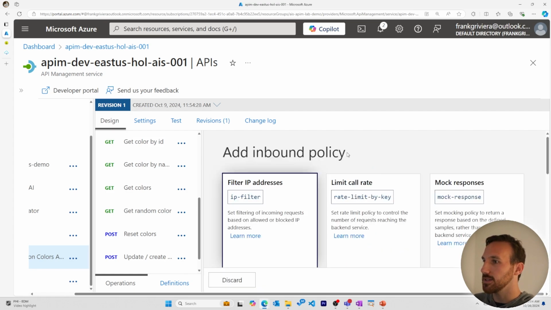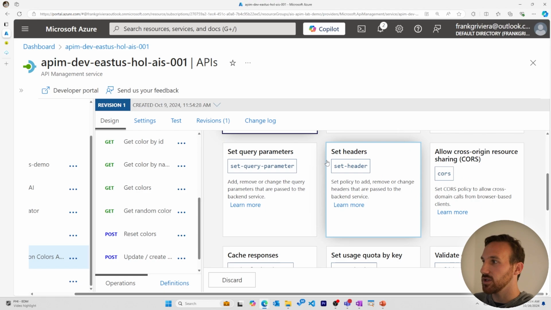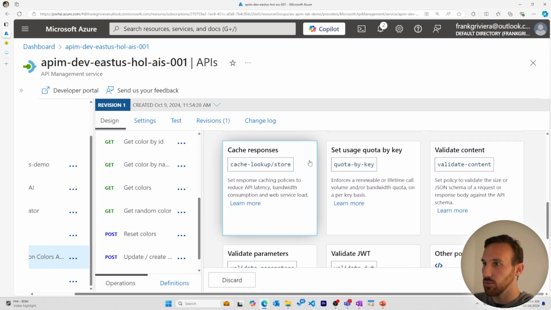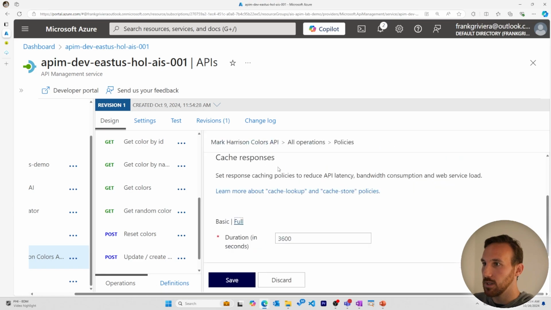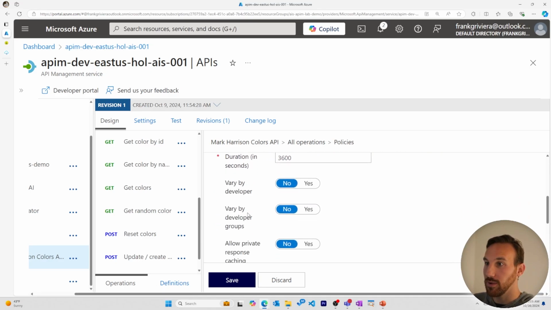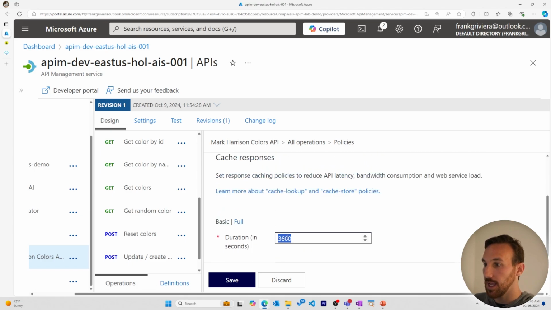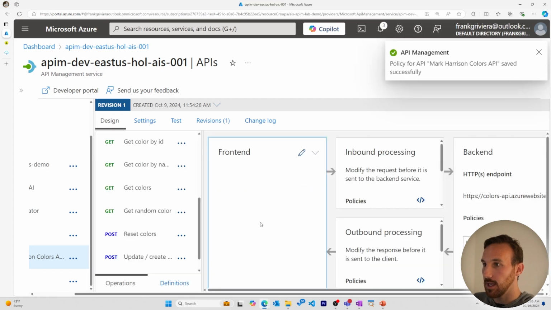I'll click add policy, and I'll see a list of different types of inbound policies I can add. I want to add a cache response policy. When adding the caching policy, I have the option to just add how many seconds I want the response to be cached. I also have some more granular options if I want to add those as well. I'll stick to basic, and I will just add a 15-second caching policy. I'll save this,